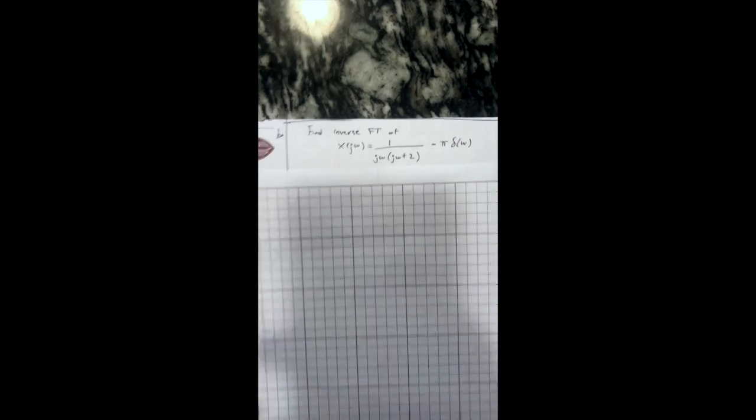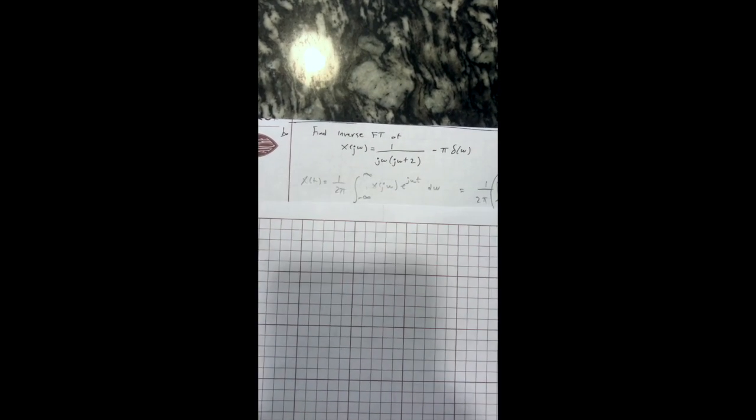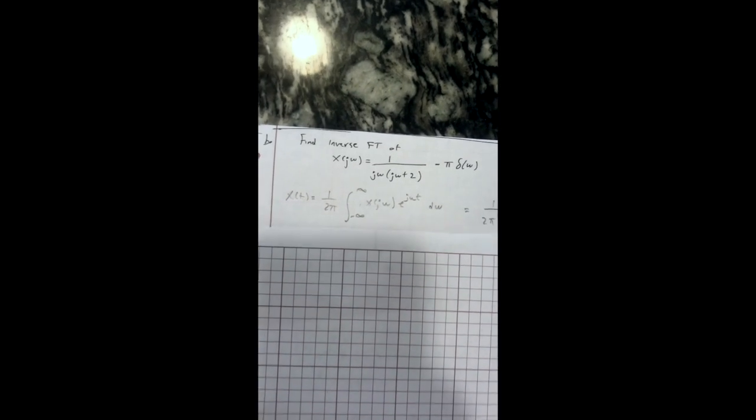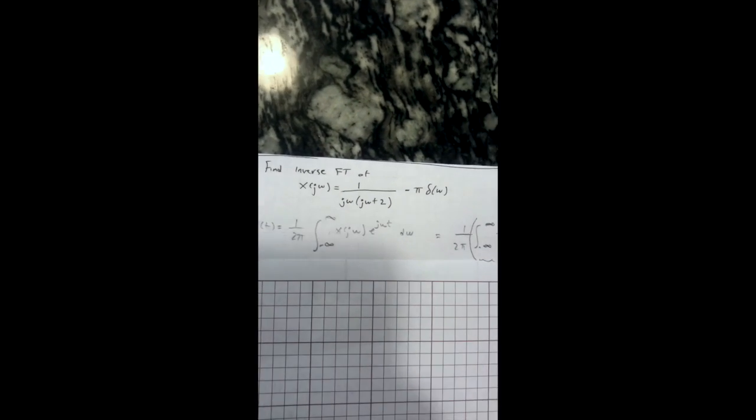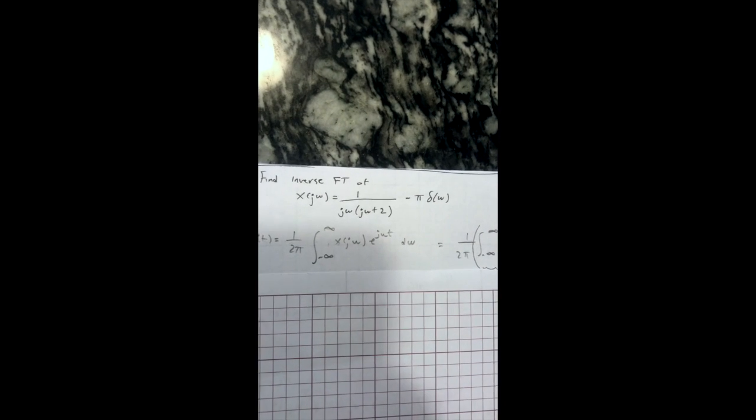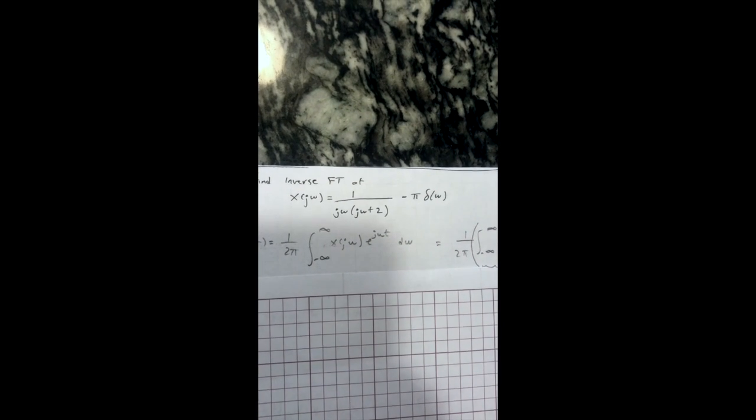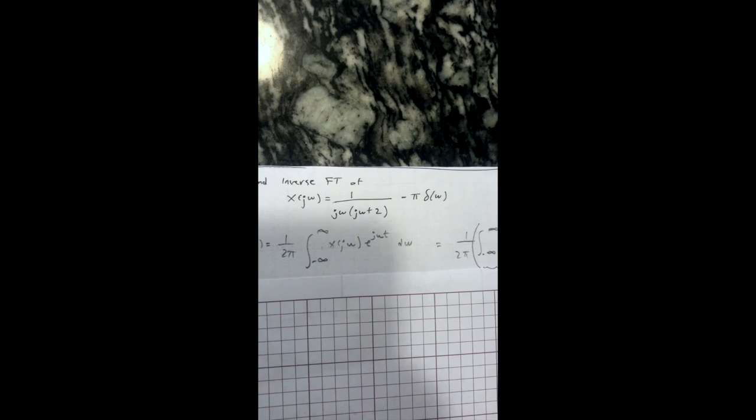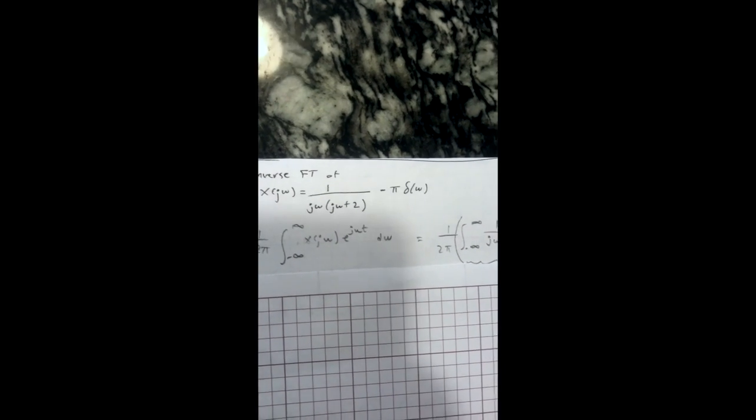So you would do something like x of t is equal to 1 over 2 pi integral from negative infinity to infinity of x of j omega e to the j omega t d omega. And that seems like the most logical step to do if you were faced with this problem, right? Maybe you could simplify to something simpler. Well, turns out